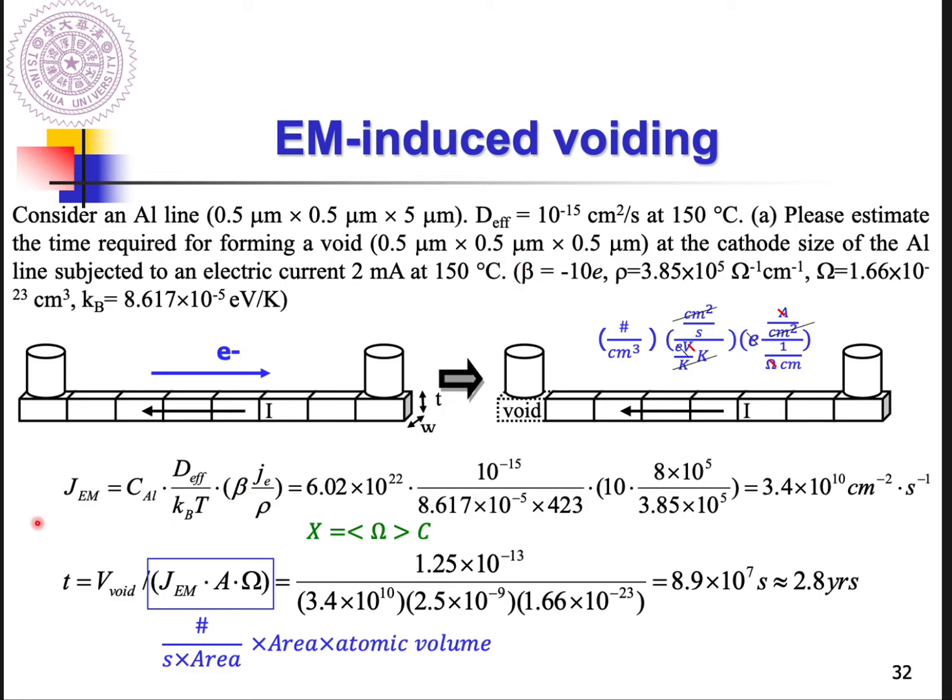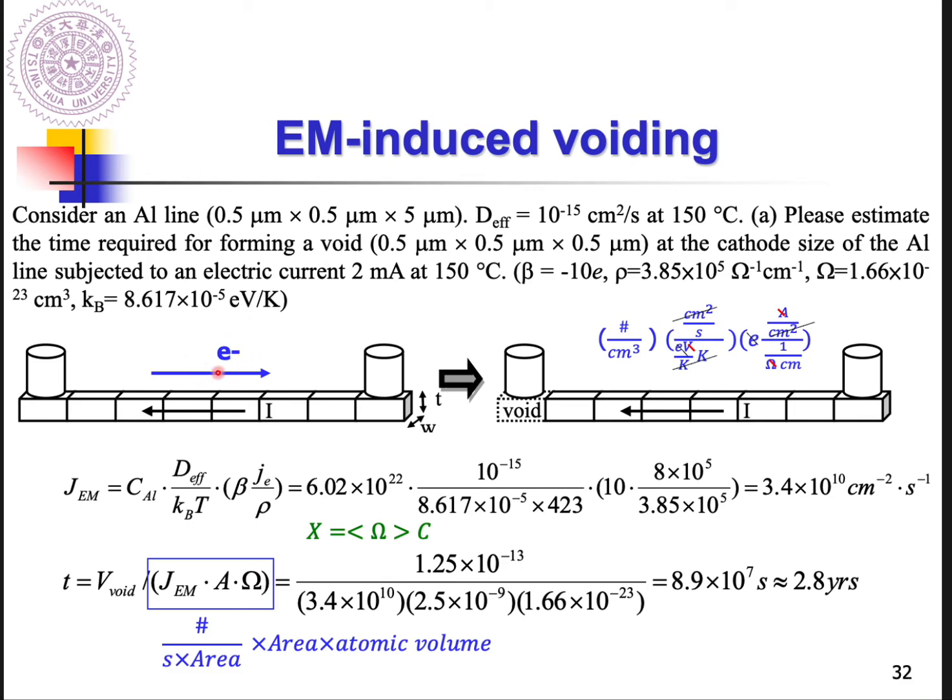The reason is that in order to calculate the time required for forming a void, the direction of the atomic flux is not that important, so we didn't put the minus here. But based on this figure, you know the J atomic flux of alumina will be toward the anode, right? Or toward the right-hand side, because it is pushed